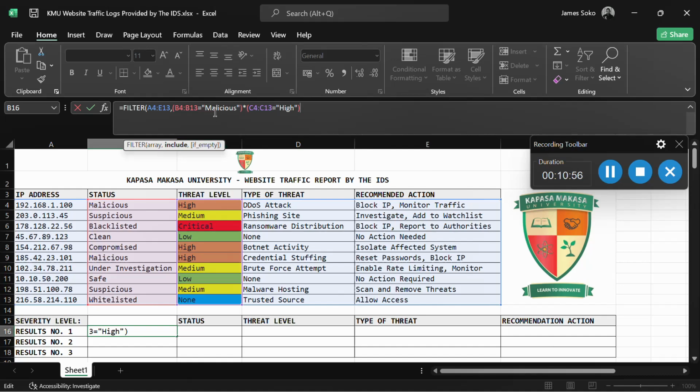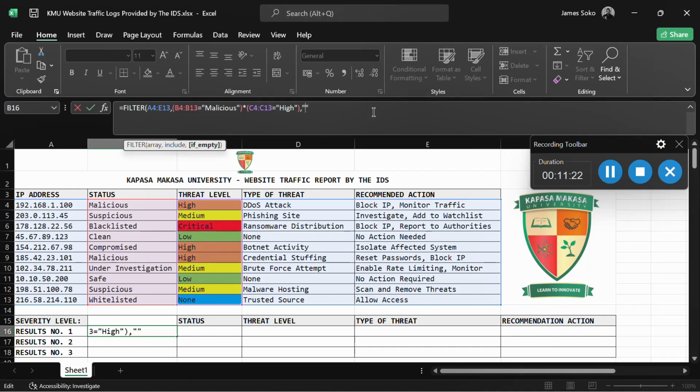since here we've already said we want to filter out something which is malicious and something which is high, we'll ignore this threat level which is compromised, okay? Because we are just targeting something which is malicious. That's the meaning. So now we can see we need to put a comma. Then we have the if empty. So if this is empty, what should we comment?